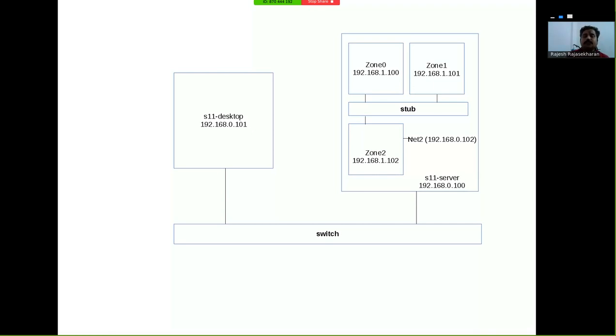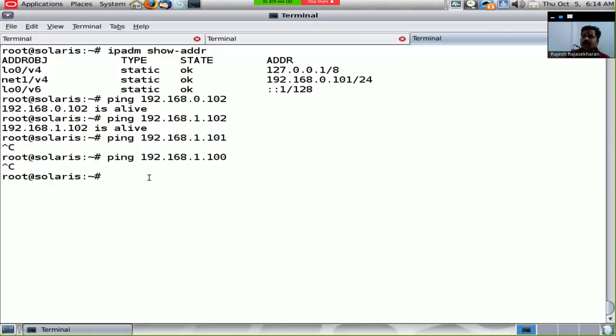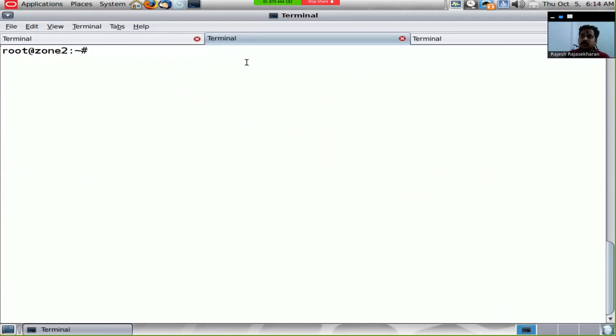So we're going to configure zone 2 as a router simply by enabling forwarding for the IPv4 protocol, and once we enable forwarding in zone 2, we will see if S11-stub is able to contact zone 0 and zone 1 through zone 2. So let's go back to our machine zone 2 here. We have the zone 2. Let's look at the property